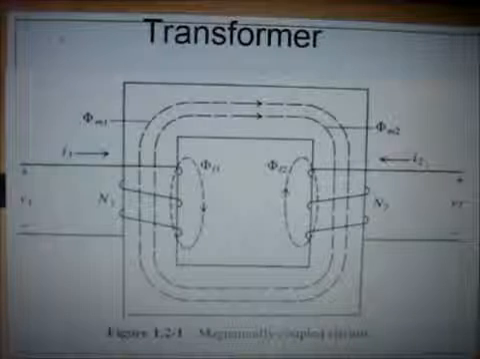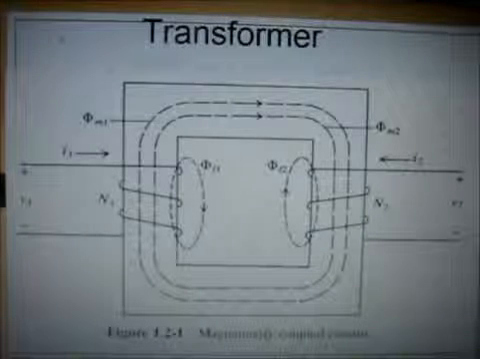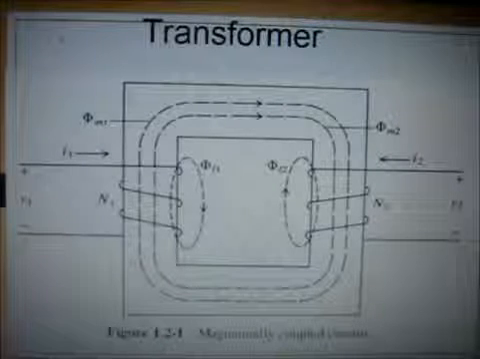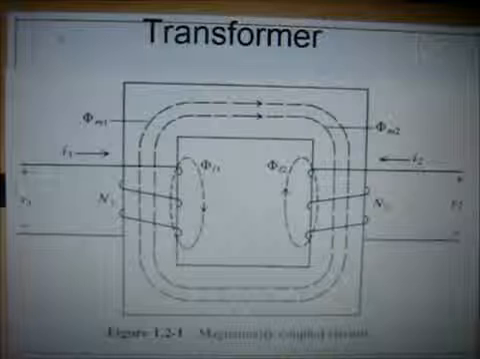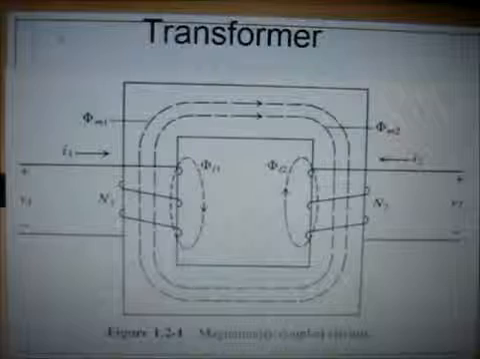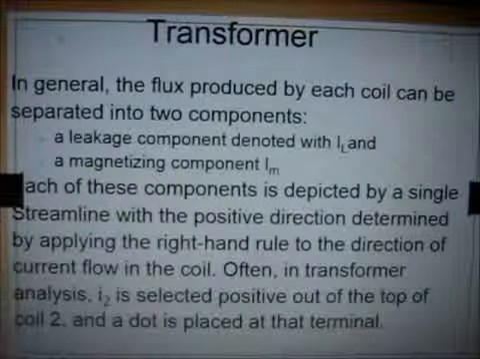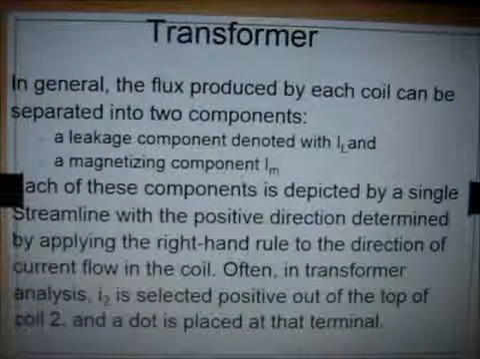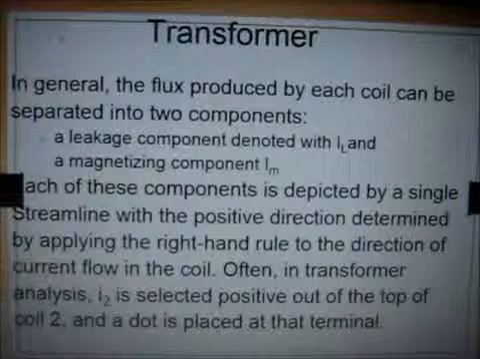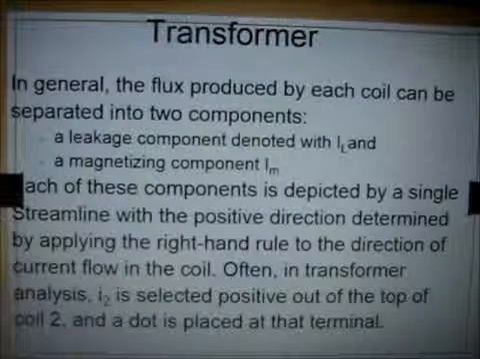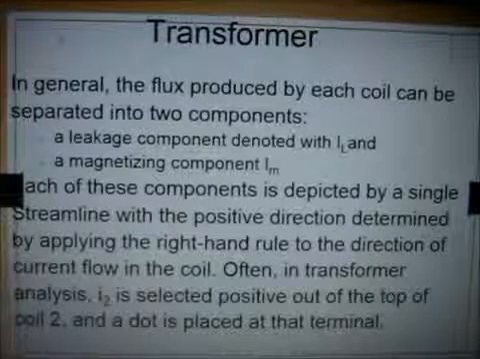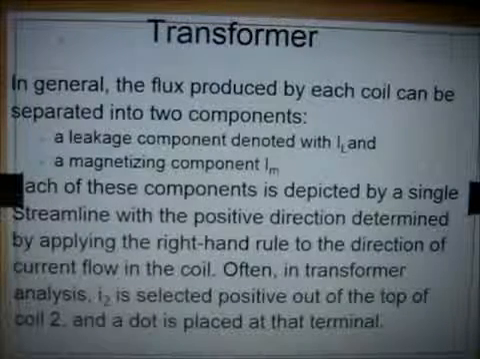A transformer is a static device which is magnetically coupled. So by Faraday's law, whenever there is flux change in the primary side, it is linked with the secondary side and EMF is induced. In general, the flux produced by each coil can be separated into two components: a leakage component and a magnetizing component. Each of these components is depicted by a single streamline with the positive direction determined by the application of the right hand rule. You are familiar with the right hand rule